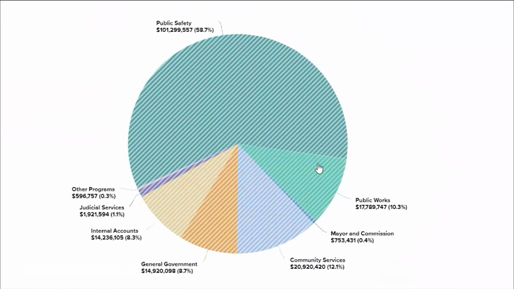Notice that Public Works has a much smaller slice of the pie when only taking into account the City General Fund. That is because a lot of public works funding comes from enterprise funds, which aren't included here. Enterprise funds are kept separate because they run more like a private business, where user fees cover the costs of providing service. When we just look at the City General Fund portion of Public Works,